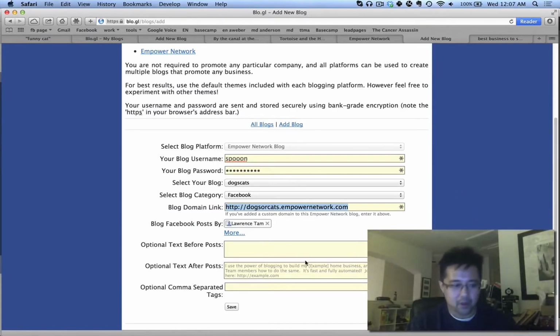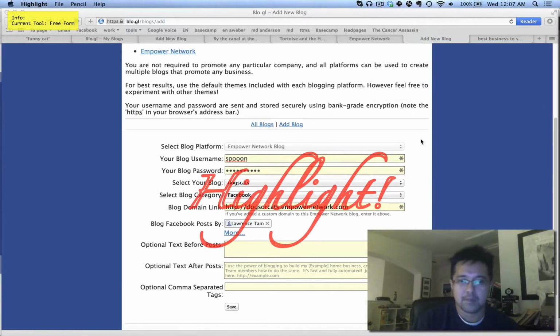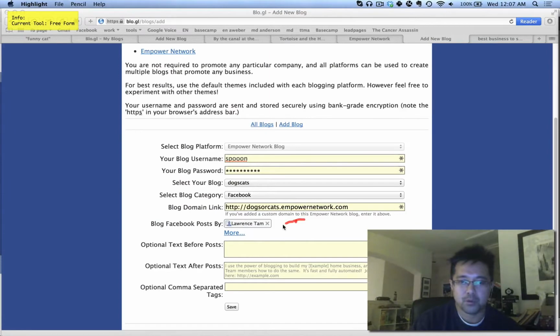Now by default, it wants to pull in your personal Facebook profile. If this is your business blog, you can definitely do that if you have enough business content on there. Generally, my personal isn't really 100% business.